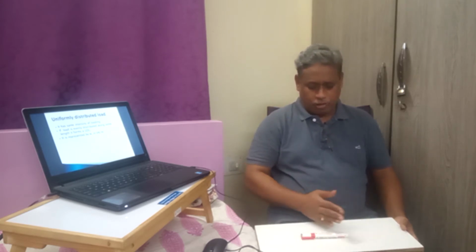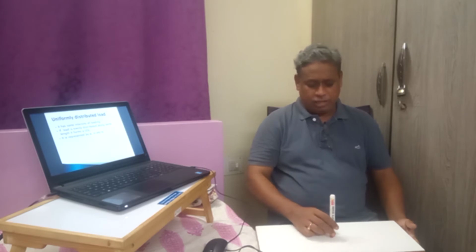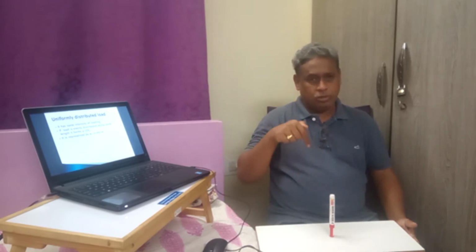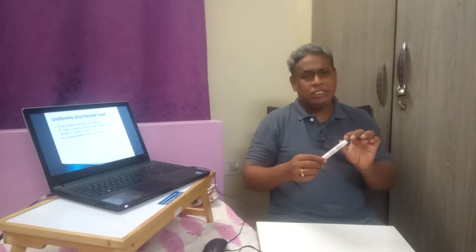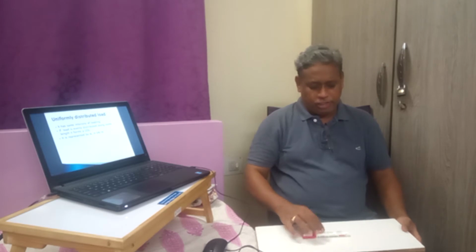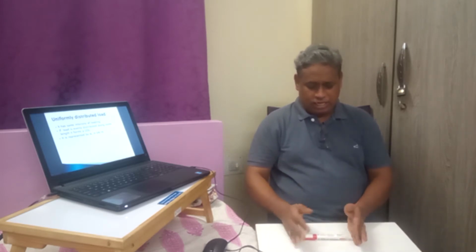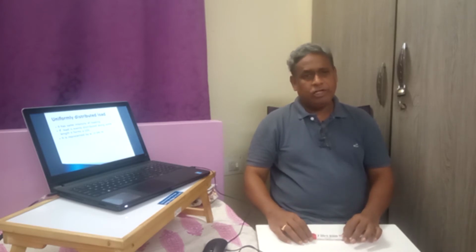If the same pen, let us say, is 100 grams, when I keep it like this, the entire 100 grams is directed vertically through the point. It is acting only through one point. Then it is a concentrated load. If I distribute this 100 grams over some 10 centimeters, each centimeter has 10 grams. So this becomes a case of uniformly distributed load. Along this length, I am distributing the entire load of this pen. So this is the case of a distributed load.